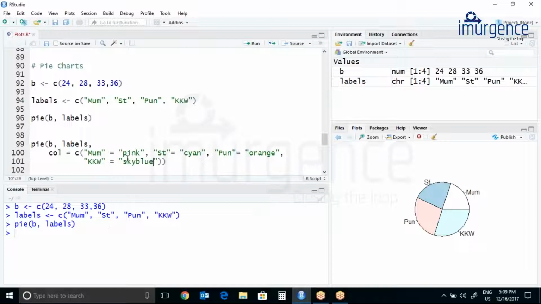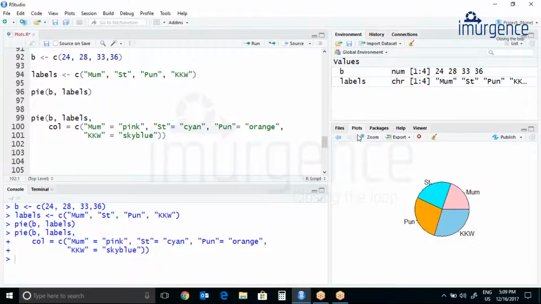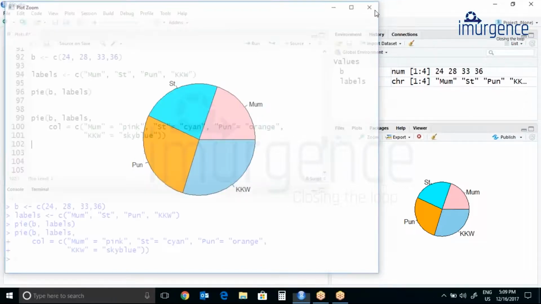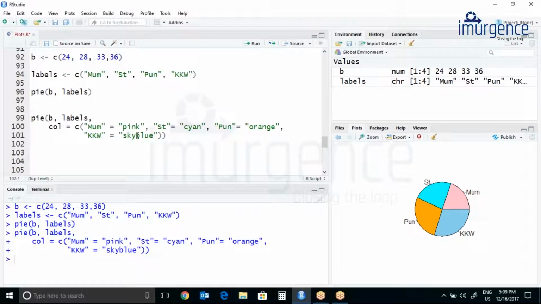So the colors have been changed. This is pink, this is sky blue, this is cyan, and this is orange, which are the colors we have already specified over here. So you can change the colors the way you want.